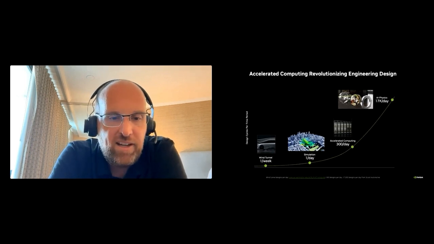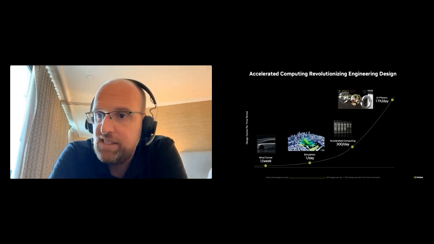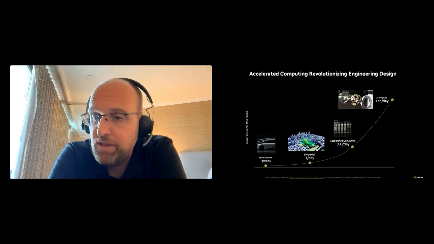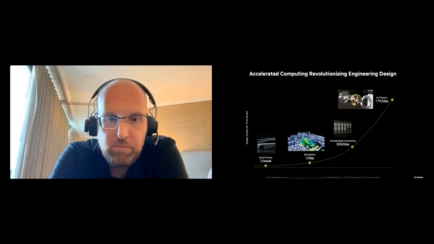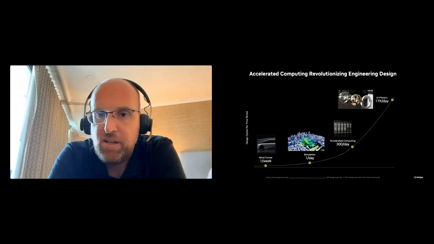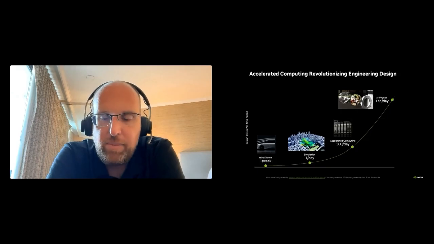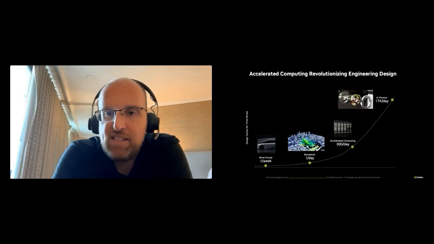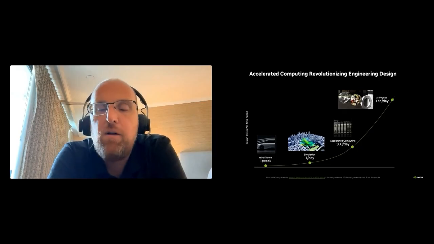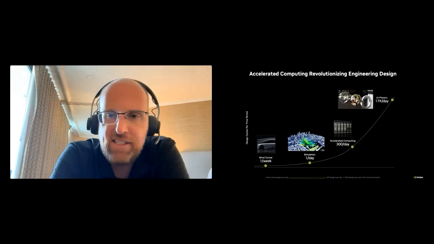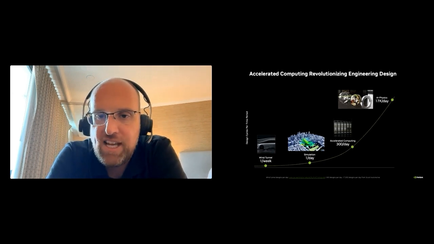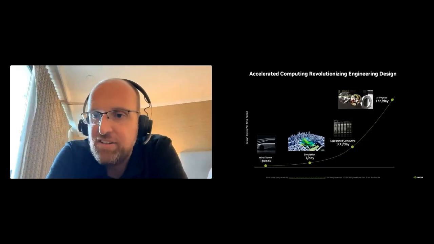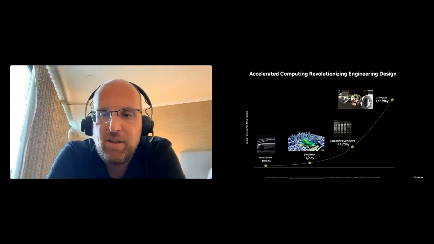But then one of the biggest changes is accelerated computing, running some of these tools on GPUs, and that's exactly what we've done. Now we can run these simulations potentially 10x, 20x faster, which means more designs can be examined. Hopefully you come out of it with a better design. But one of the biggest changes that's come after that is using AI to give us predictions, particularly early in the design phase, and potentially inferring an AI model can take less than a second. So as you can imagine, the number of designs that you can examine in that time is huge.